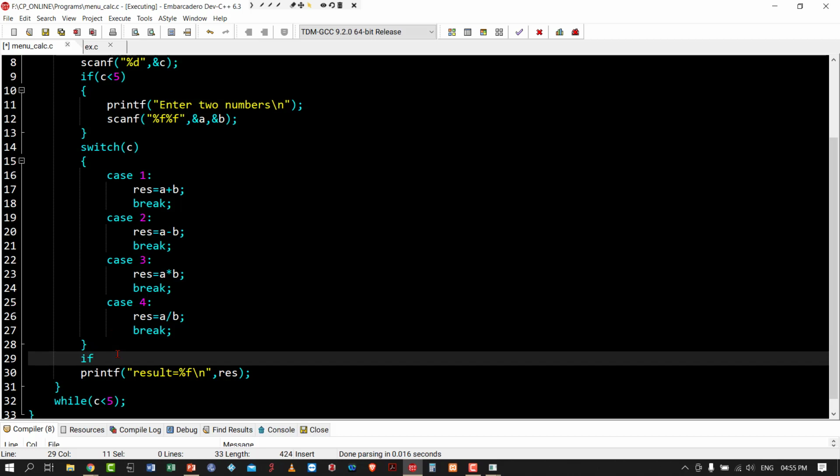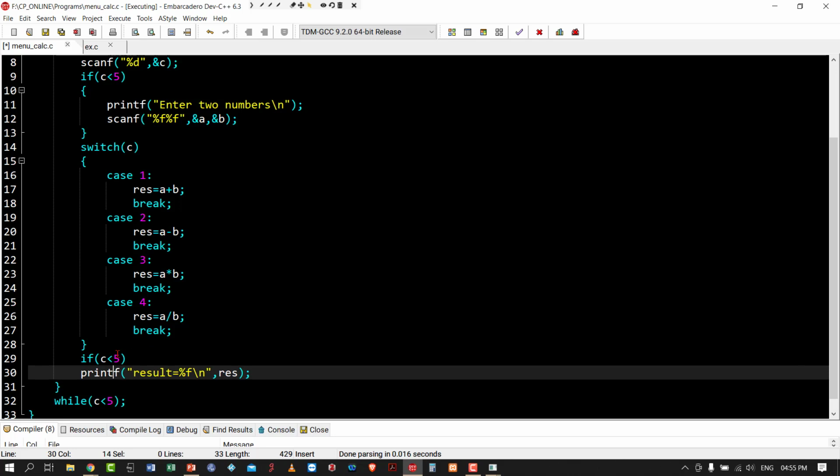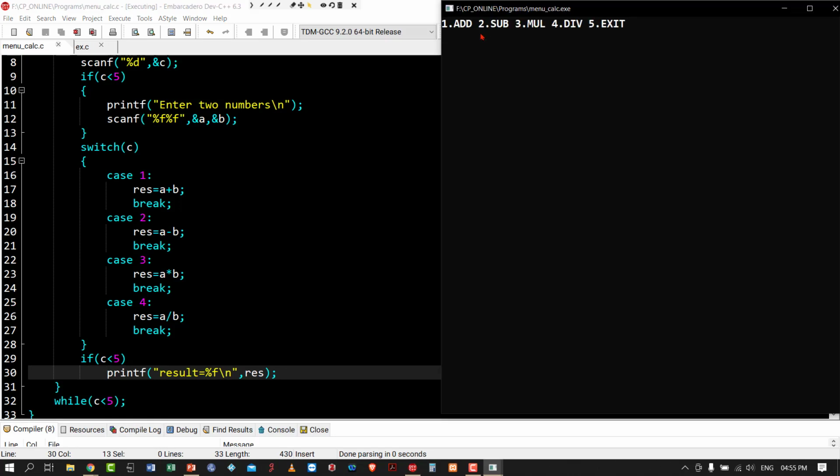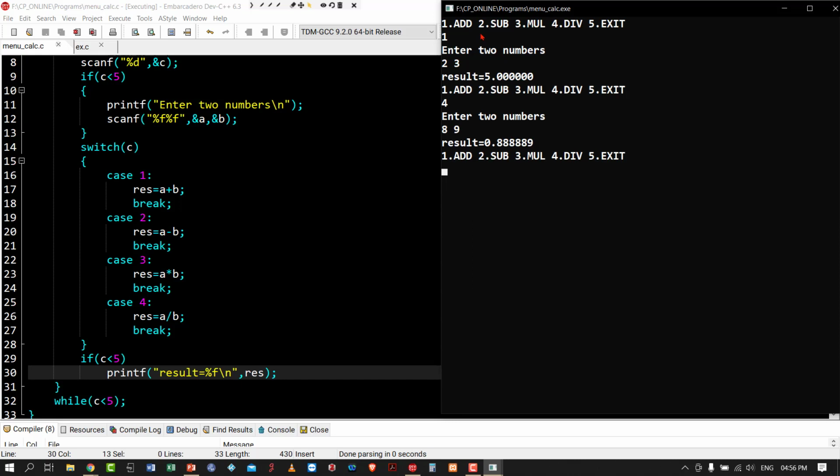If c less than 5. Again I will execute the program pressing 1. I'm entering 2 and 3. I'm pressing 4. I'm giving 8 and 9. I got a result. Then suppose I'm pressing 5. The program is terminating. It is not asking to enter two numbers, and it is not printing any result.